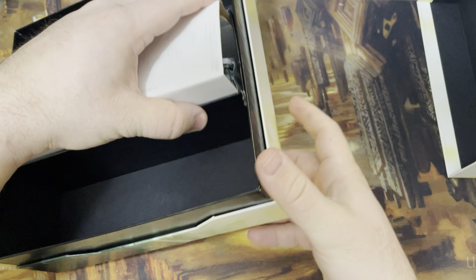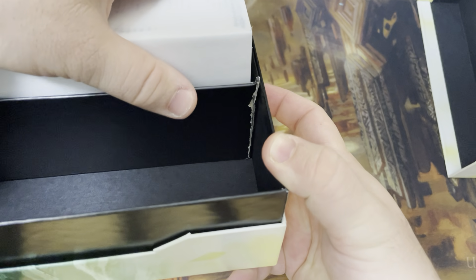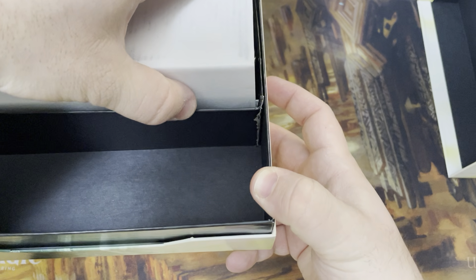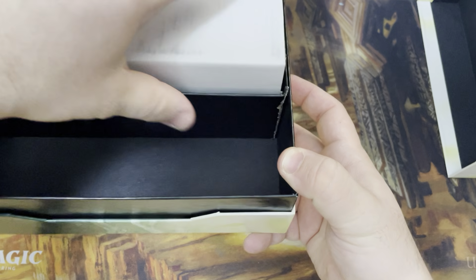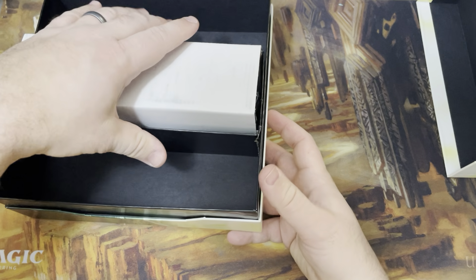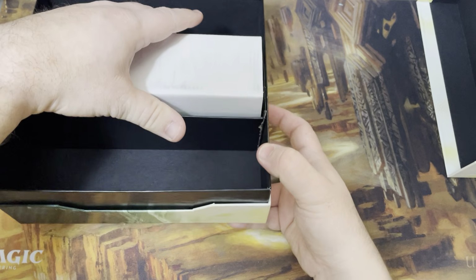Oh, you can see that. That's a little sad, but I can tape that up or even glue it to make it sturdy. It's just right there, this one little crease got some rips on it. That happened literally in transit. I mean, it was sealed, you saw, so that had to have just happened from being jostled around in transit